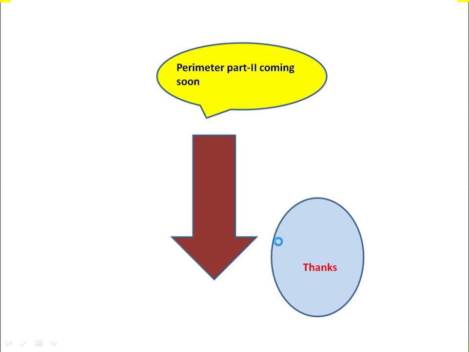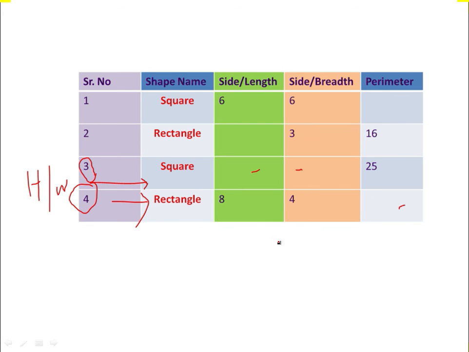So dear students, I hope you understood the concept of perimeter. We have taken some shapes, or closed shapes, and we tried to understand how we can calculate, how we can measure the perimeter of the regular shape as well as the irregular shape. Then in the last part of the video we have seen, if they have given the side of the shape, or if they have given the perimeter of the shape, how we can find the perimeter or the missing side. So I hope you understood this chapter or this topic very well.